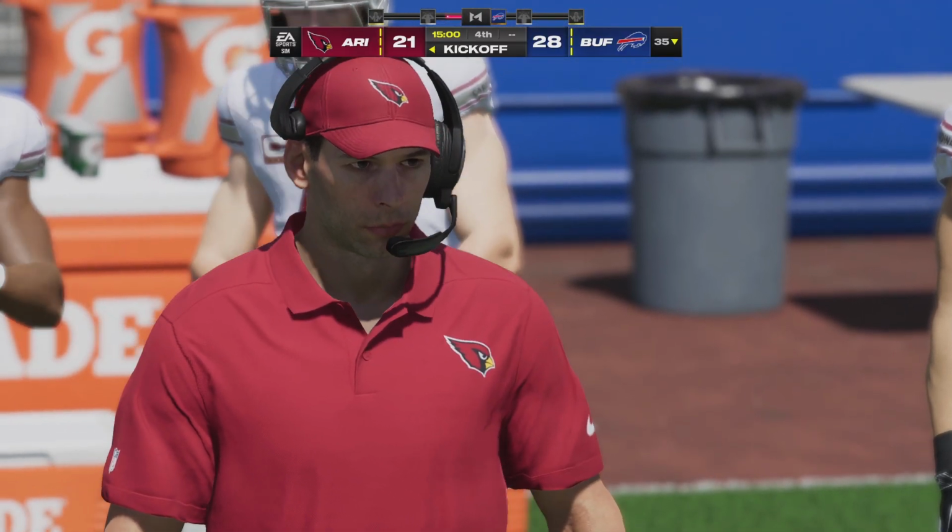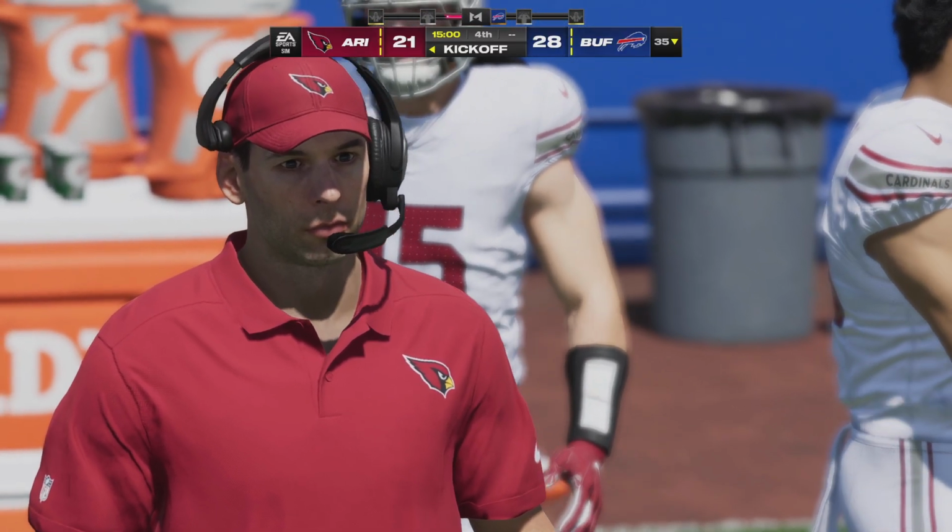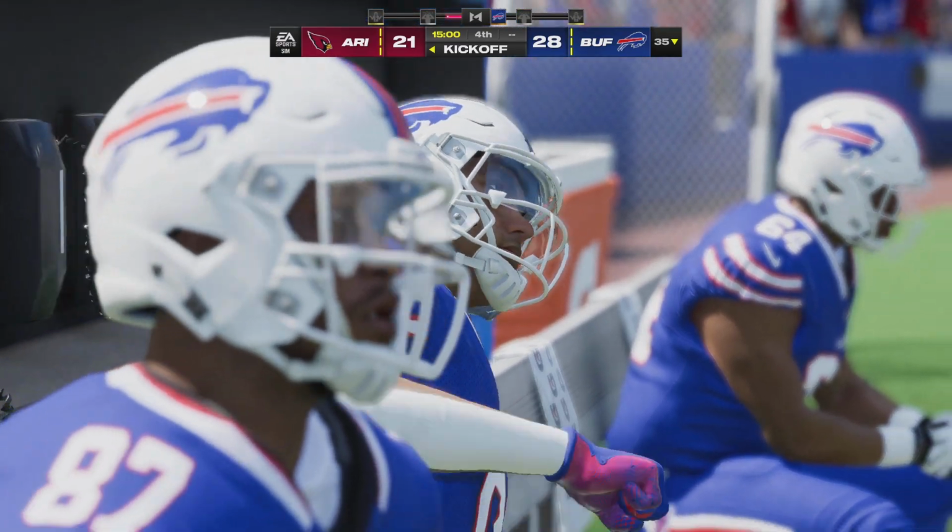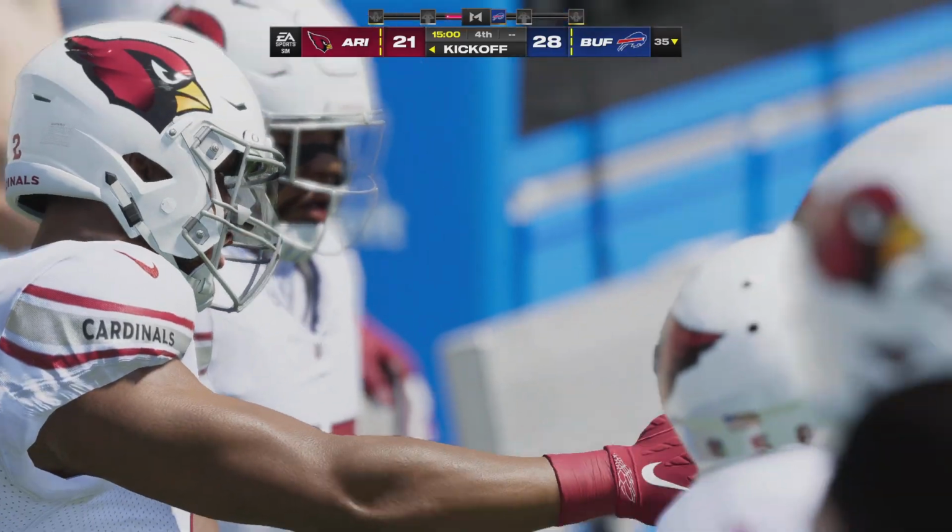Back now in Buffalo, where the 4th quarter will begin with a kickoff following the score on the final play of the 3rd quarter.